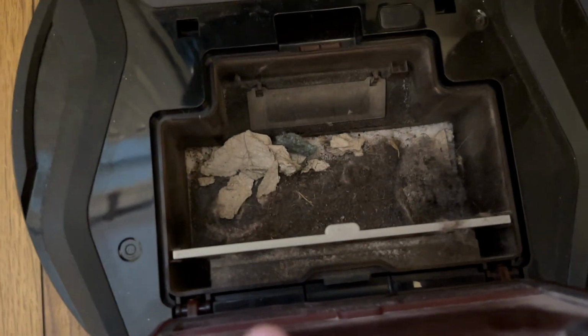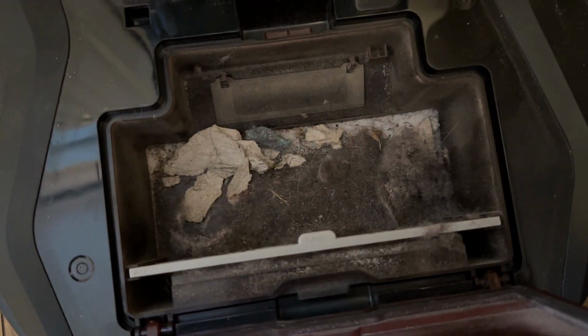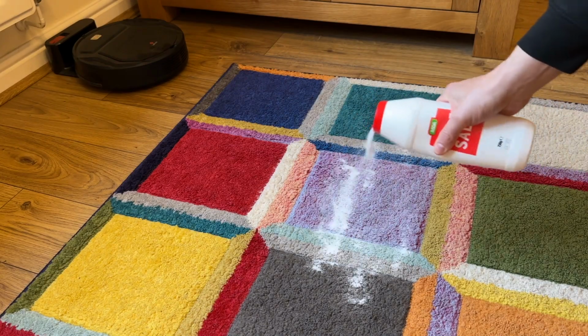It's absolutely useless as a vacuum cleaner. Firstly, it doesn't have much power to suck. It's feeble. It clearly picks up some things because if you leave it to clean a room for an hour, then the waste box will be full of little bits of fluff and crumbs and things, but your floor won't really look like it's being cleaned. To prove this, I dropped a load of salt on a rug, note salt, not sugar,